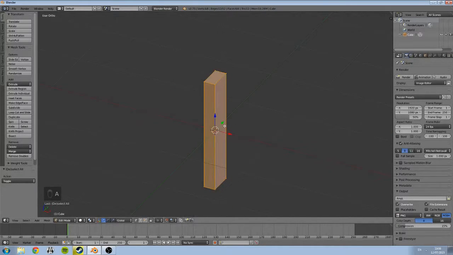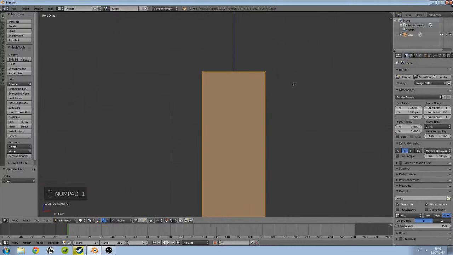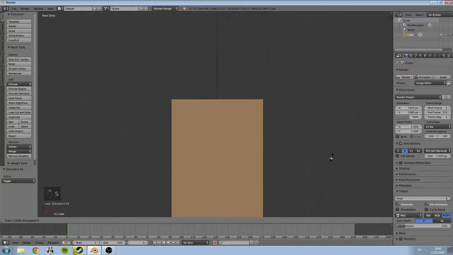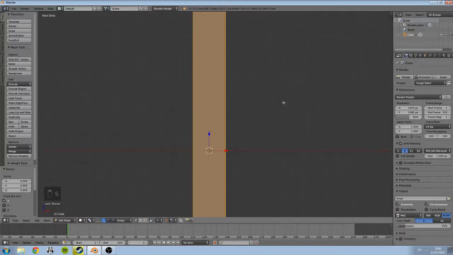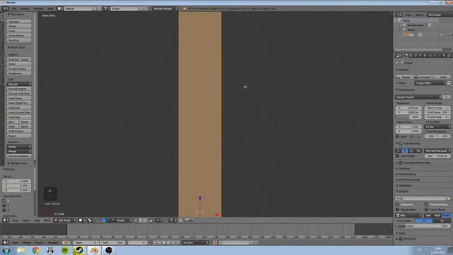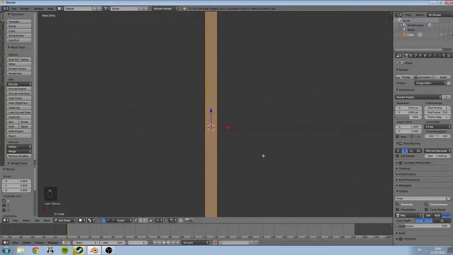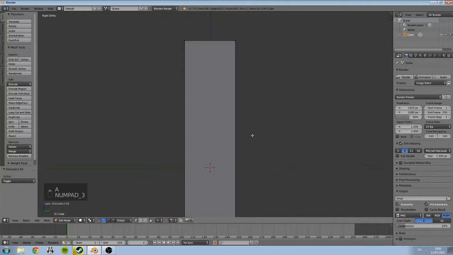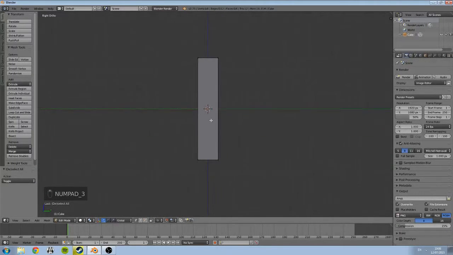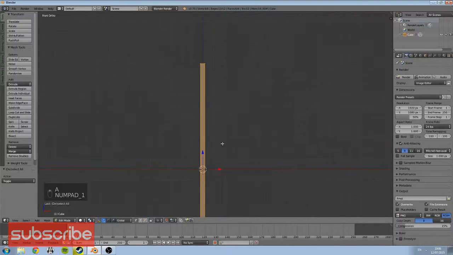I might actually select all again, come into our front view, and I just want to scale this down a bit more. So I'm going to zoom in, scale, hit S, and then press X. Let's come and look at it here. We'll come to about there. That looks about right. And okay, maybe a little bit wider again. Okay, we'll come to